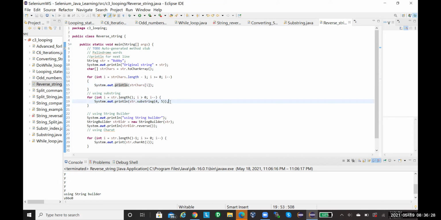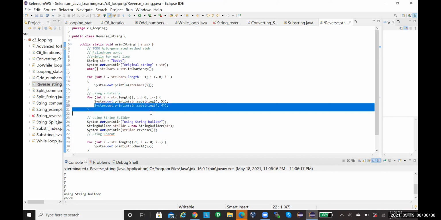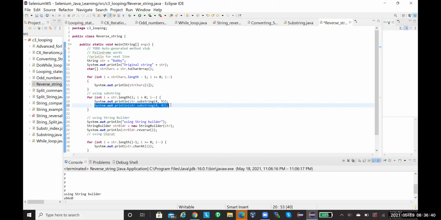So I have to give 4, 3. You can randomize this, right? You already have this. So what is this 5? It's the length of this string. Where did you store the length of this string in this for loop? The i variable. This is 4, 5.